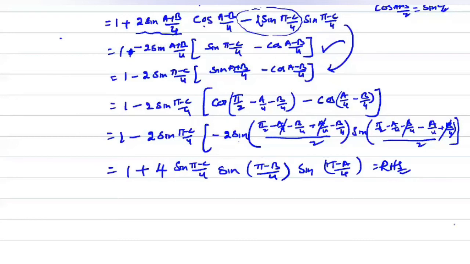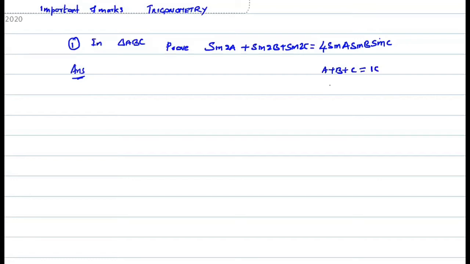So an important problem here: a plus b plus c is equal to 180 degrees. What is a plus b? 180 minus c. If I take sin on both sides, sin of (a plus b) is equal to sin c. What is cos of (a plus b)? Cos of (a plus b) is equal to cos of (180 minus c), which is minus cos c. So if sin c is there, you can write it as sin of (a plus b), and for sin of (a plus b) you can write sin c. Cos of (a plus b) is minus cos c. This is the thing required.